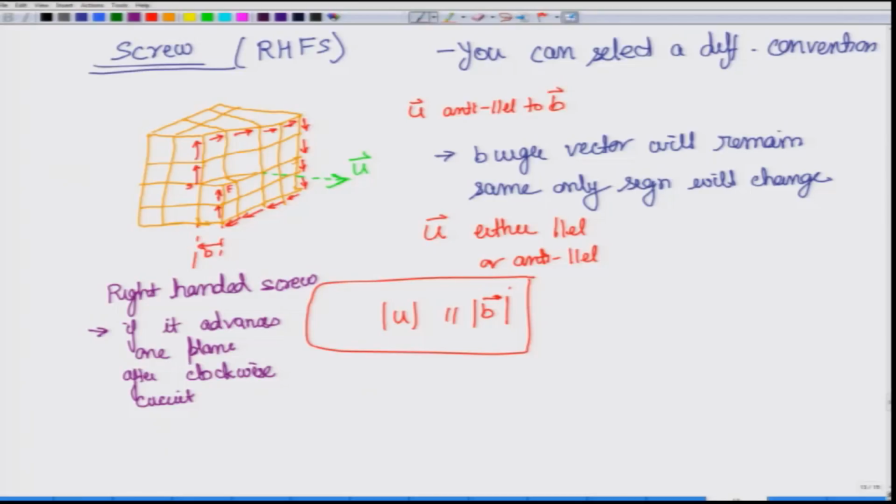Again from the back side you have to draw clockwise. Again, do not worry about the conventions, we are just trying to describe a right handed screw. Even from the back side, if you go clockwise, you can imagine that you are coming one plane ahead in that direction. So, that is still a right handed screw. The bigger implication of this is that right handed screw and left handed screw are physically different.